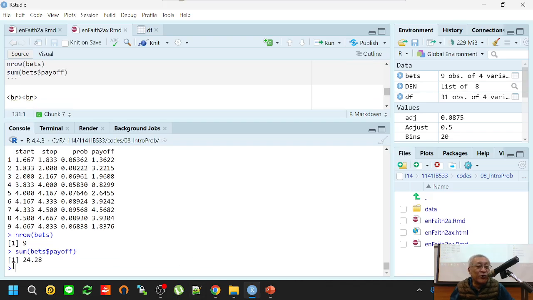It's actually 24.28, which means that under the scam rule, if I can bet on any one of the 10-second periods, and every bet I need to pay a fine, and if I hit, I will win 100, the best strategy is to bet on these 9 periods, and the net expected payoff is